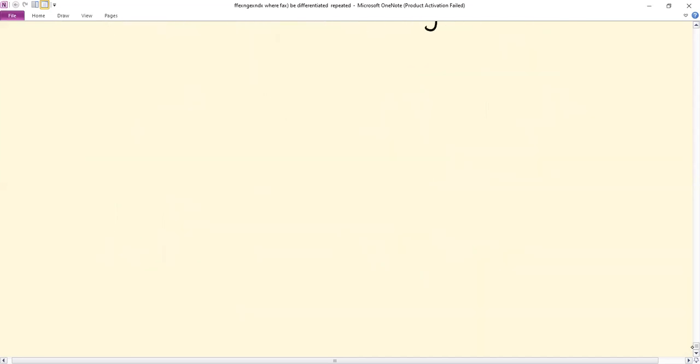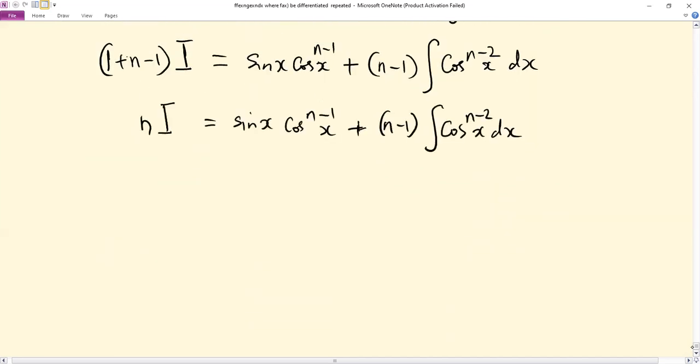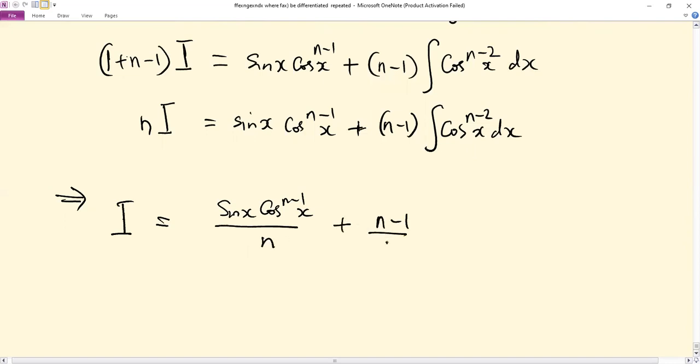Now you see, to get I, we simply divide through by n, which means I equals sine x cos power n minus 1 x over n plus n minus 1 over n integral of cos power n minus 2 x dx. So hence the reduction formula